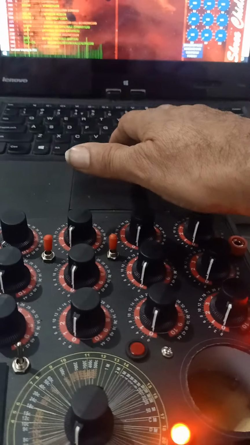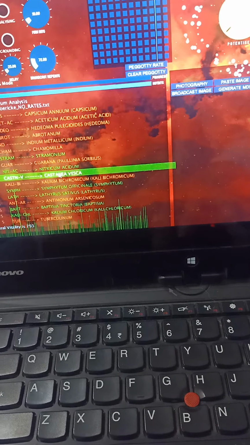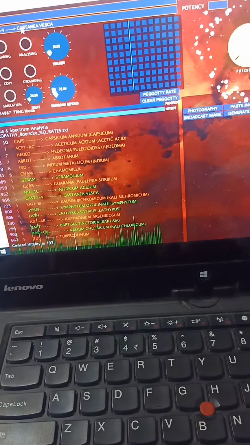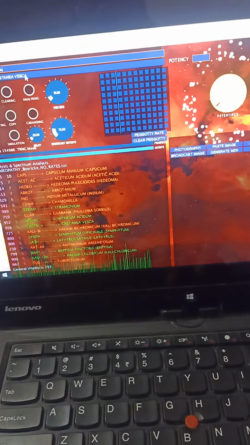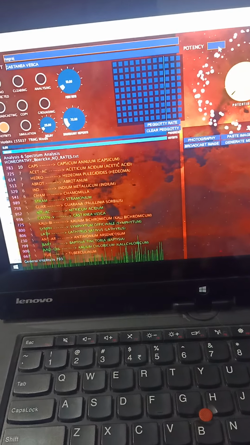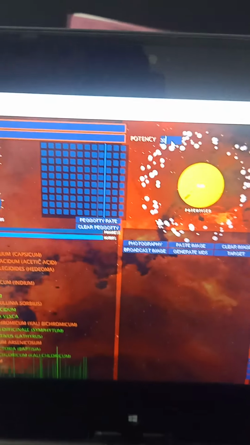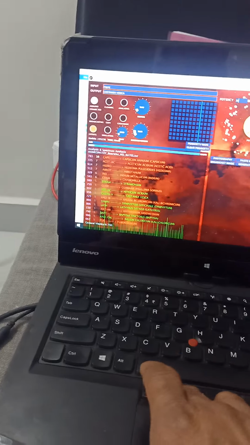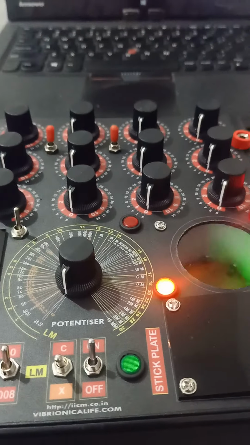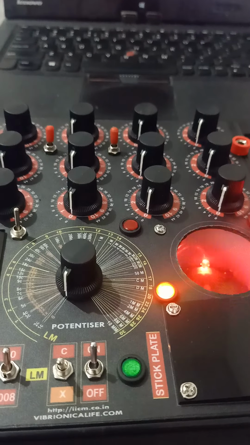Now it's connected. You just have to press the medicine you want to create and click it here. You remove the excessive spaces so that you can save time, and select what potency you want. Let me select 30 potency, and now you have to press broadcast. When you press broadcast, you will find a series of lights. That medicine is converted into codes.